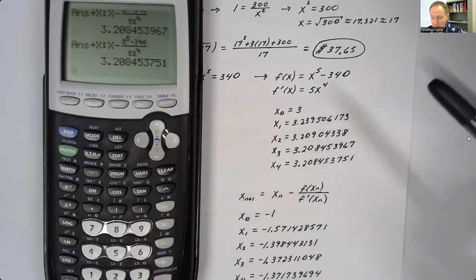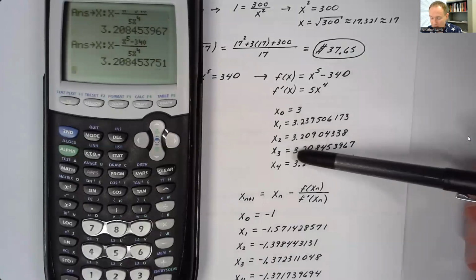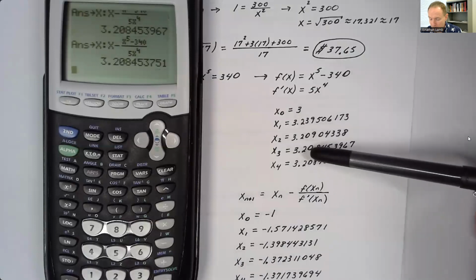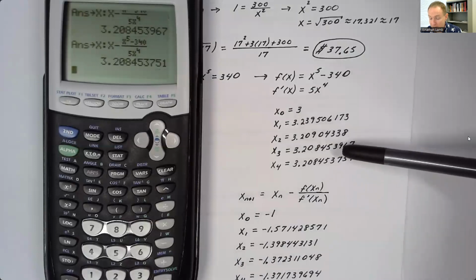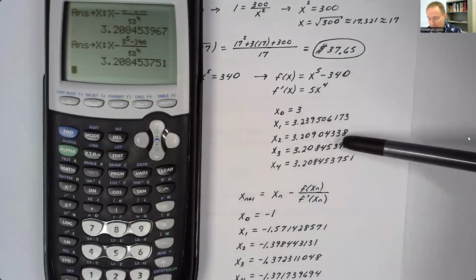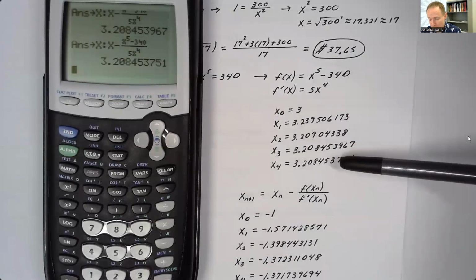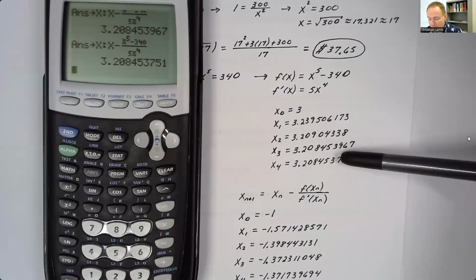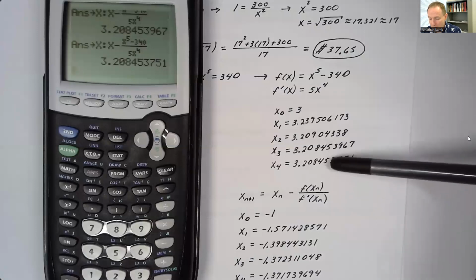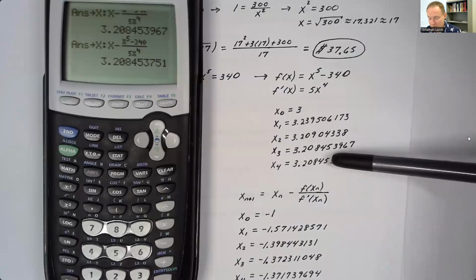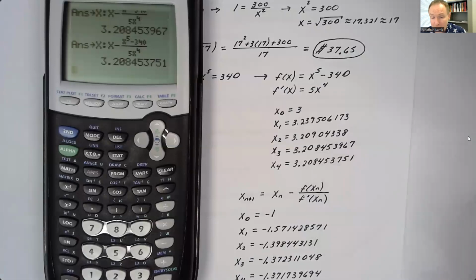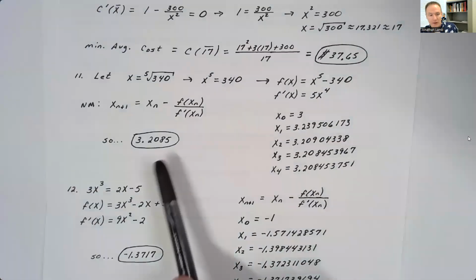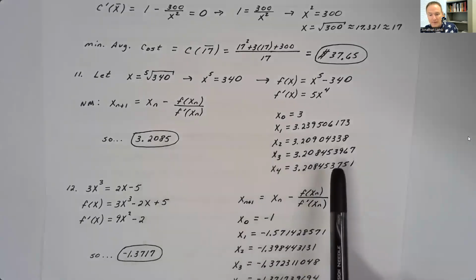By the time you get to the 4th refined guess, you can see that a whole bunch of numbers repeat, 3.20845. The next number after that could be a 7 or 9, or could be between them at an 8. But I know that no matter what that is, it would round that number up. So to 6 decimal places, it'd be 3.20845. I would be confident with that. But I only ask 4 decimal places. So I can say, well, okay, to 4 decimal places, since the problem asks that, I can say it's